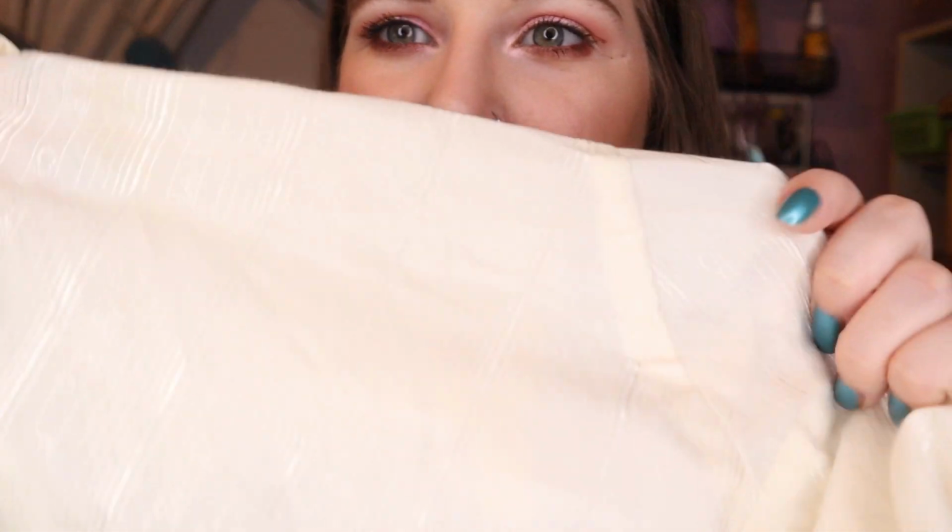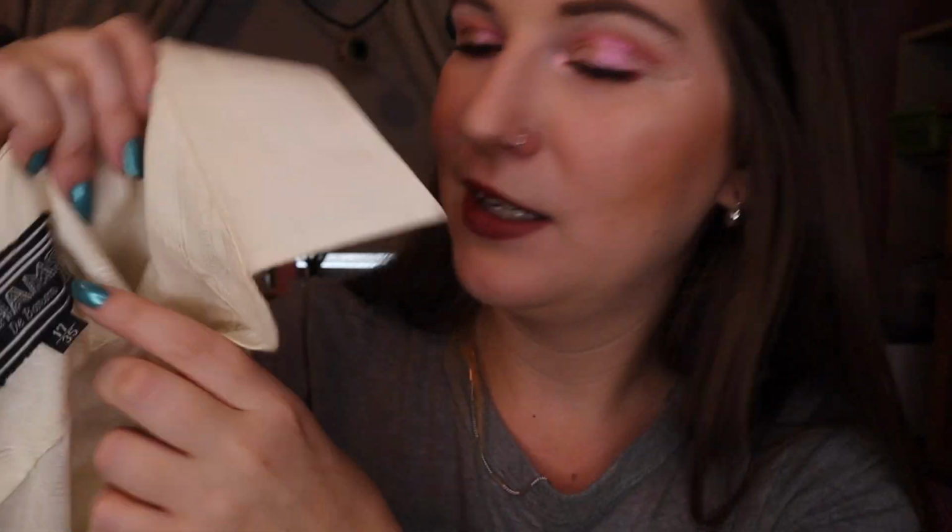This one also says Chams all over it. I don't know if you'll be able to see. I don't know what it means. I'm guessing it's the brand. Yeah, Chams. I feel like the text is subtle enough that it's just a little print to it, and I feel like it's cool, and I really like it, especially with an off-white tank top and